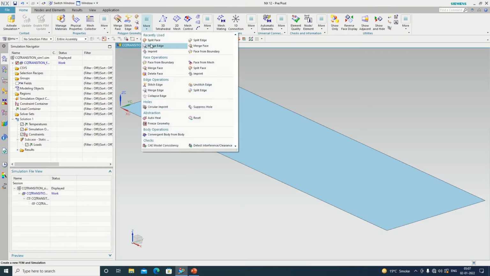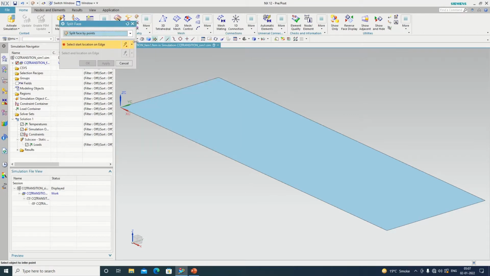Okay. So first of all we divide the faces by using the split face command. You will get it in the topology option. We select the midpoint of the lateral edge.